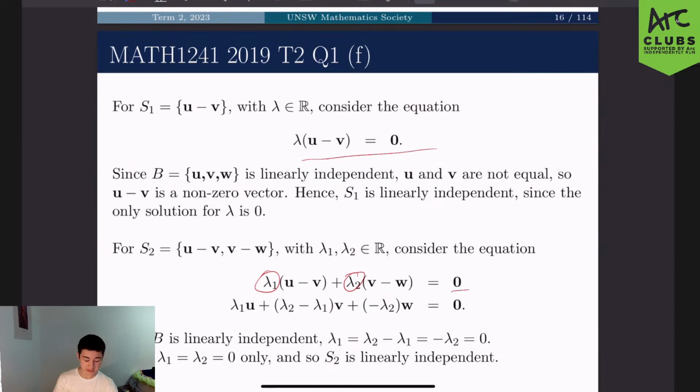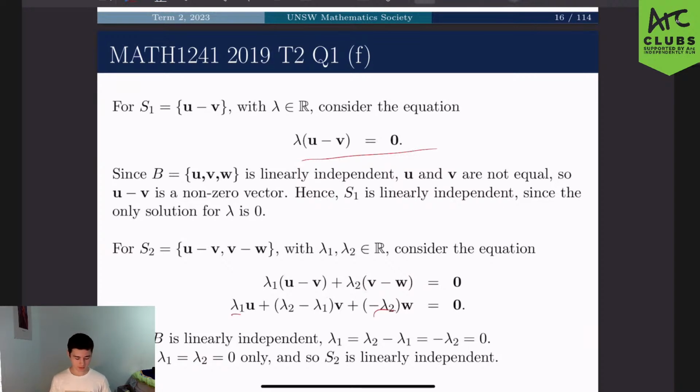Now we distribute our multiplication, which is one of our vector laws. So lambda 1 comes over here and over here. Lambda 2 comes over here and over here. And we see we have pushed it back into the form of u, v, and w. Since we know that u, v, and w are linearly independent, the only linear combination of these three vectors to make 0 is when all of their coefficients are equal to 0. If we're happy with that, we can move on, and we arrive at lambda 1 is 0,